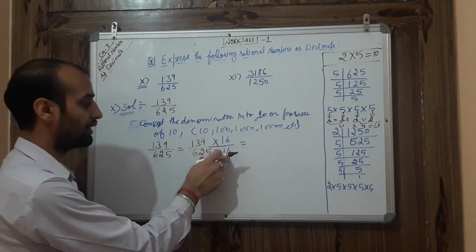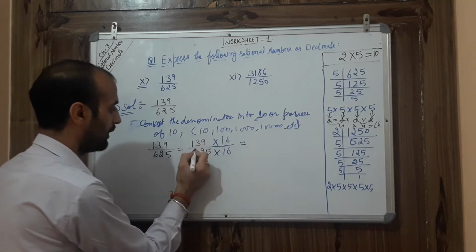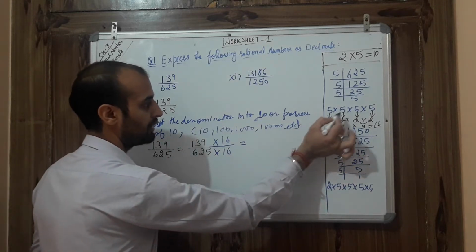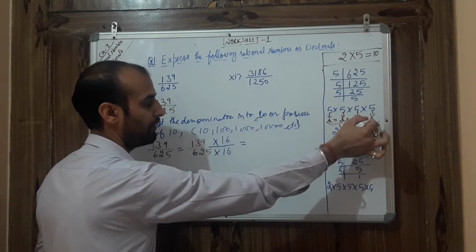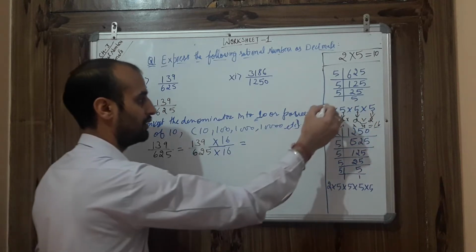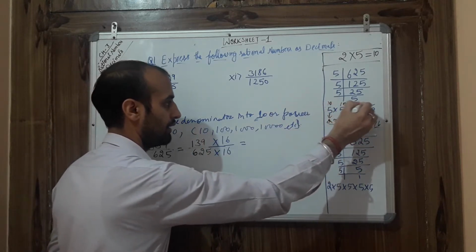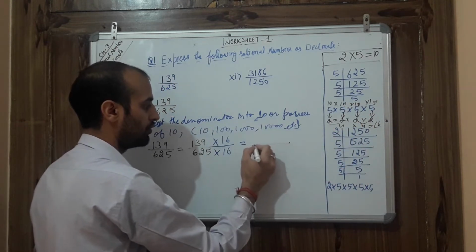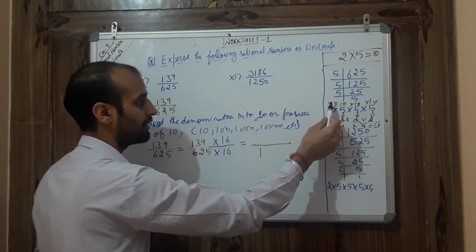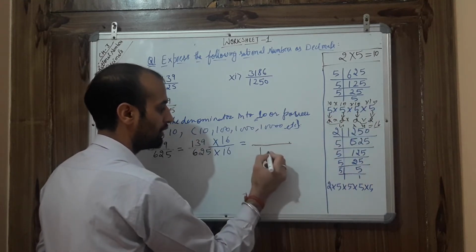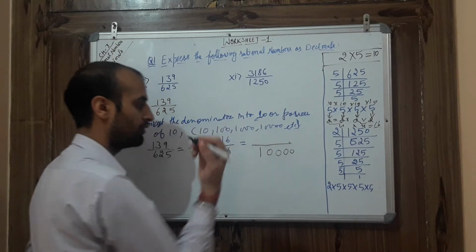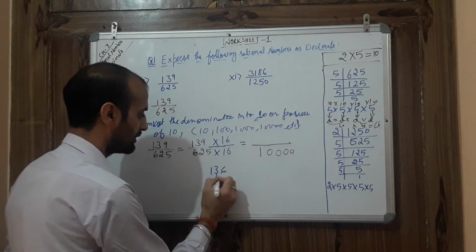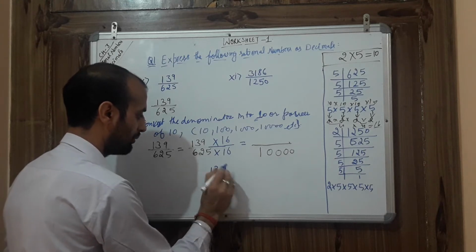Here it is difficult to multiply 625 because it is long. To multiply 625 and 16, better you do 5 twos are 10, 5 twos are 10, 5 twos are 10 and 5 twos are 10. That means you will get 4 times 10: 10, 10, 10 and 10. If you are checking it, it becomes 1 and count how many zeros are there. 1, 2, 3, 4. Directly 1, 2, 3, 4. So we come to know here. But in this case 139 you have to multiply by 16. This you need to multiply.